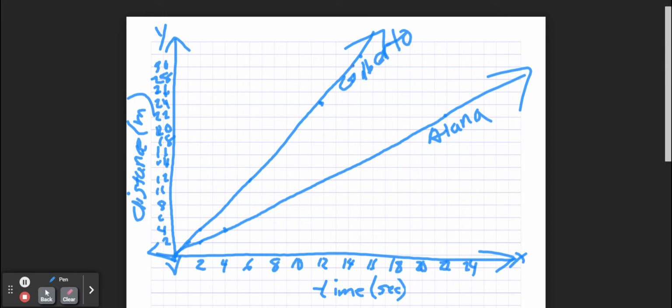So you're not going to be plotting at 1 second, 2.5 meters. It's just going to be too hard to plot, and you're kind of guessing where that's at. So one that's easier to do is at 2 seconds. It was 5. Now you might be like, oh, that's not even that great. Yeah, it's really not. But if we look further, we can see